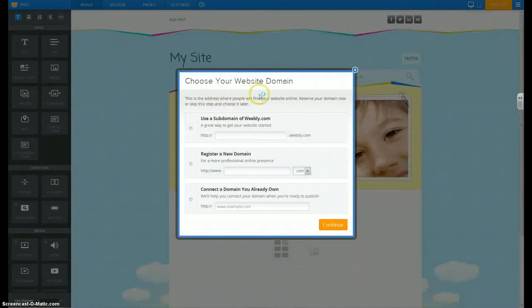It'll ask you to choose your domain, and that just means what you'll type in for the URL or the internet address to get there. So in this case, I'm just going to do your standard Weebly site, and we'll call it, let's put my name, let's call it seantesting.weebly.com, and that's what people will type to go to this webpage. Hit continue,